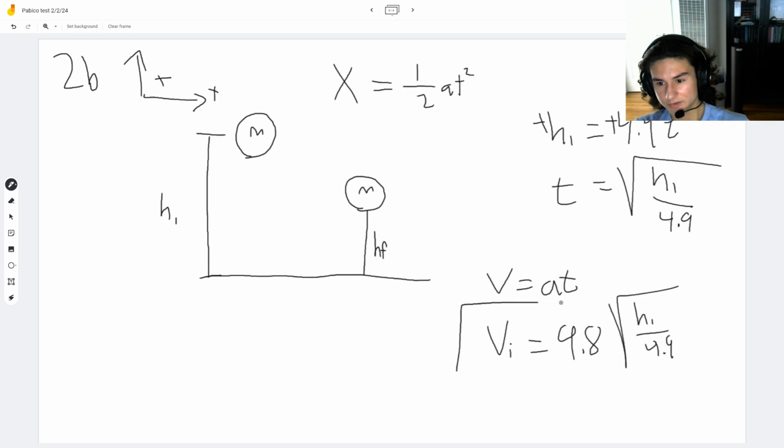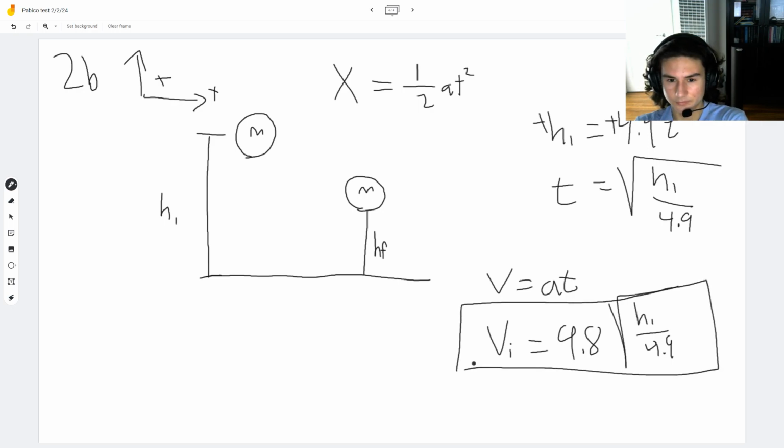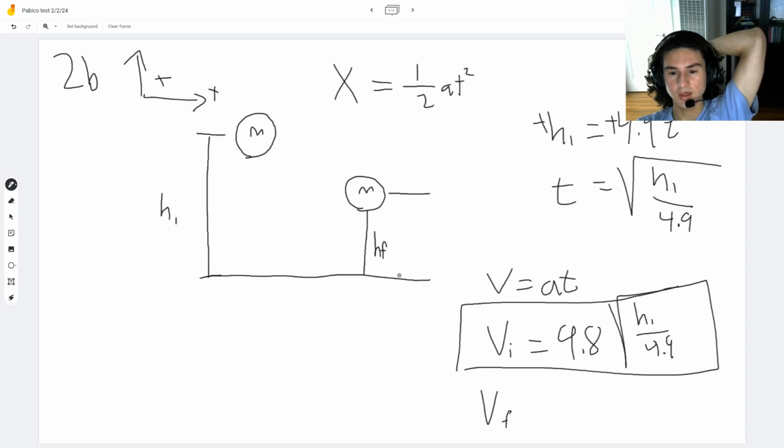Okay, so now that we've solved this, we now need to find the final velocity that this object has. So the final velocity is going to be a little bit different because it's going to be going in the opposite direction. But we can use the exact same method by basically plugging in 1/2 at squared into this with hf instead. And basically we'll find out that v final is going to basically be the exact same. So what we're doing though is we're calculating as if it was dropped from here because we know if it's dropped from here versus if it bounces up perfectly elastically, it'll have the same velocity, just different directions at this